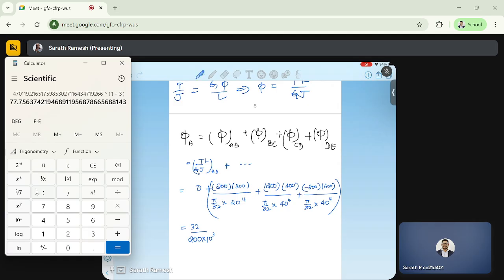This is 1 by G. Remaining things we can just simplify. Let's do it with the calculator: 200 into 300 divided by 20 power 4, that gives 0.375